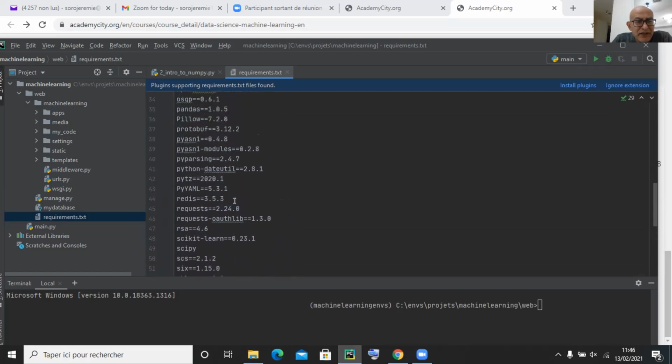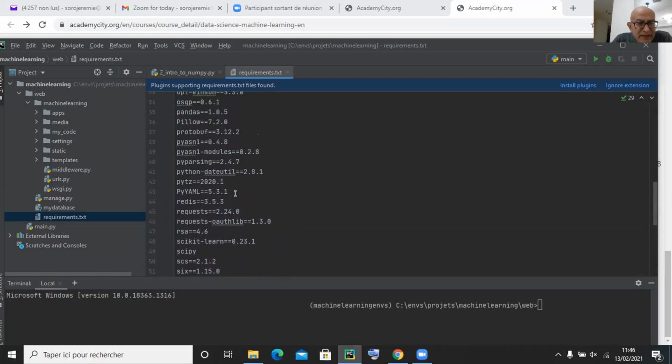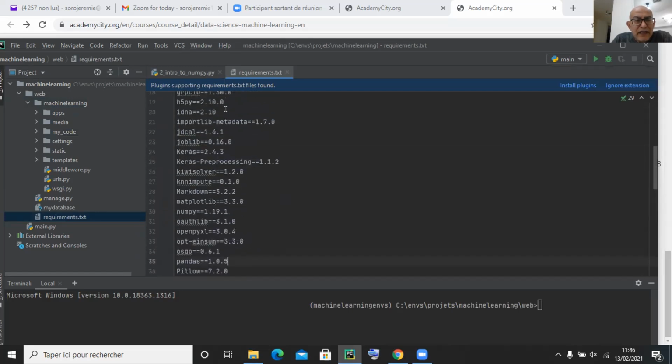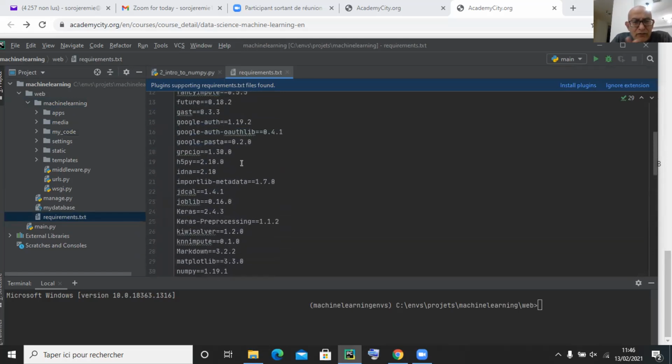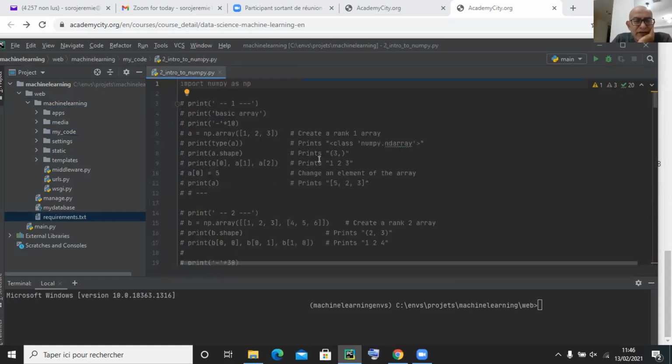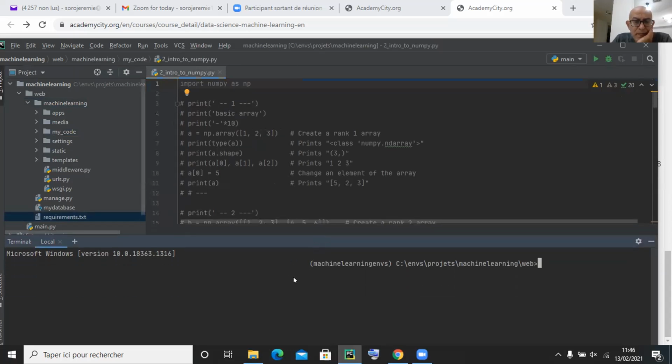We have pandas. Pandas should be here somewhere. Anybody see pandas? Yeah, here we go. We have pandas, okay? Not only that, we made sure that we put all the right packages with the right version numbers, so they all work together. So I have everything installed already. That's what we did in the very beginning of the course when we made the installation. If you remember,